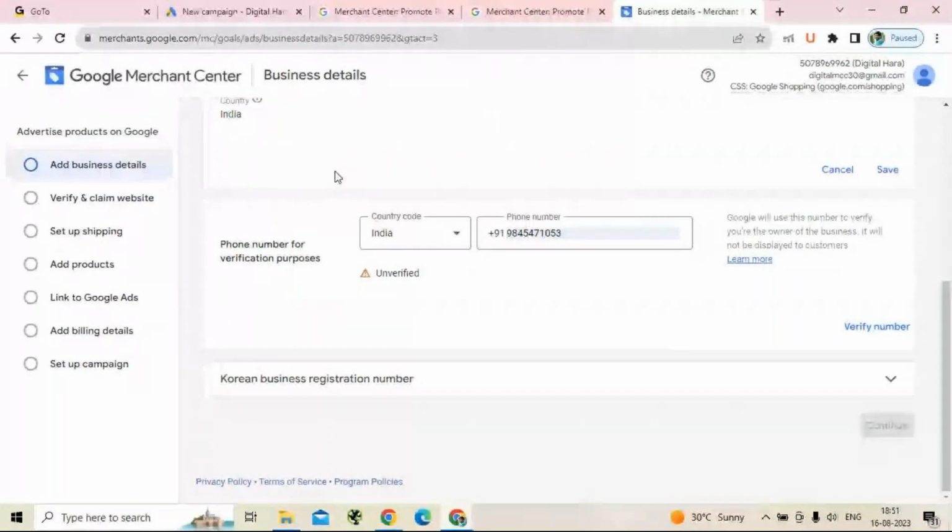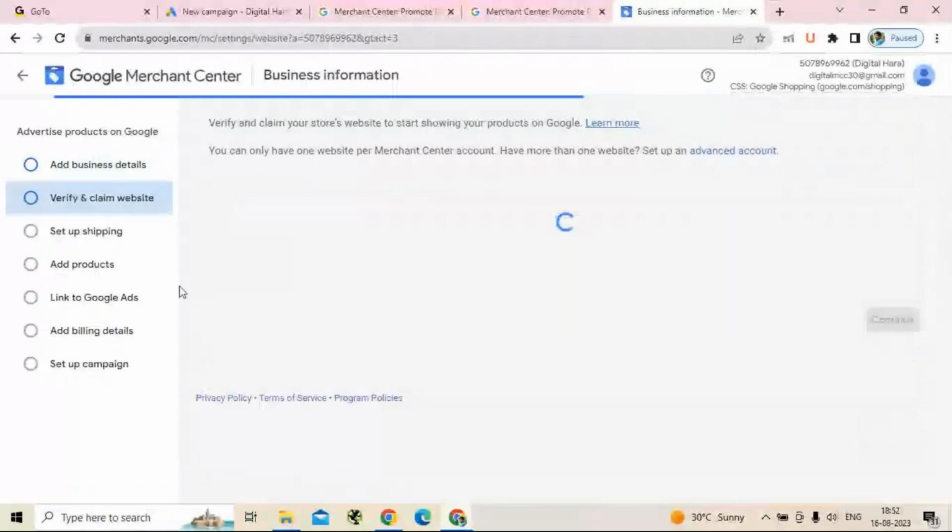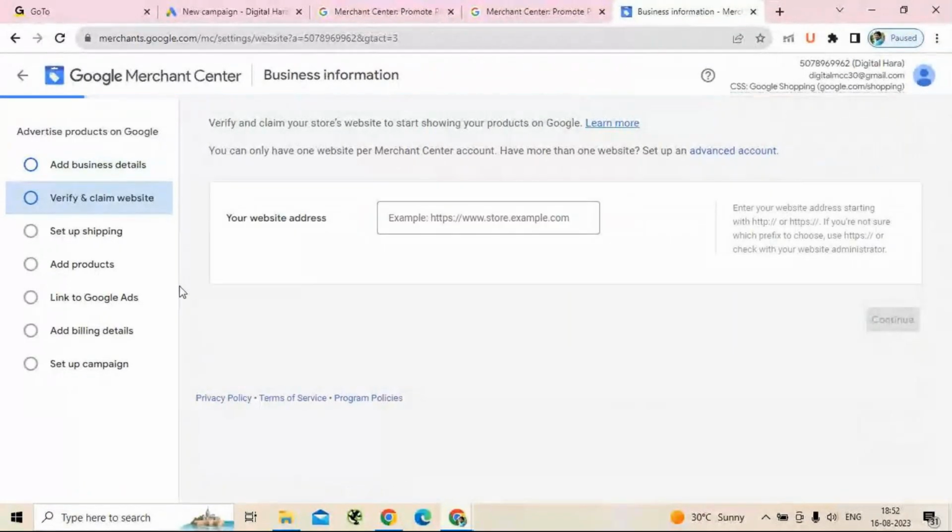Then you can verify your website address and link this website to the merchant center account, so that whenever you are making any changes on your website, it is going to get updated over here so that the product information can be verified over here. The next,